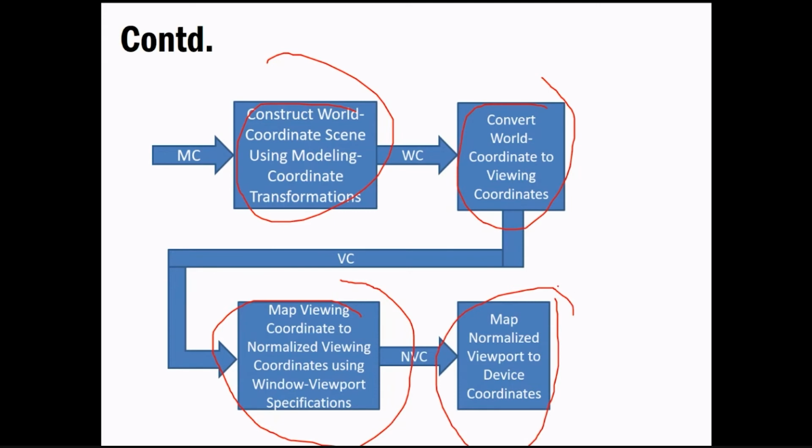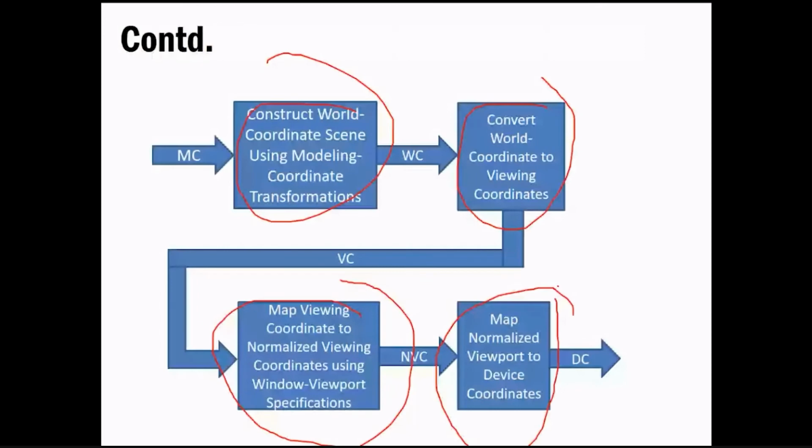These are nothing like, "Sir, what is behind this, what will the matrix be, and what is the basic thing that we will use?" These are just the basic things that you need to have in your mind while going to the clipping algorithm. Okay, so that you can easily get an idea that, achha, these were our coordinates, and out of that we are trying to find whether our line is there or not. And that's the final thing that you would be getting out of it, that is the device coordinates.